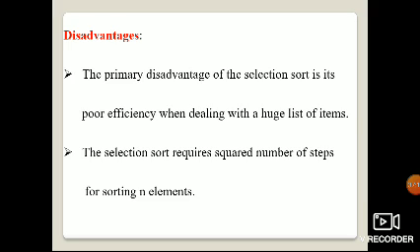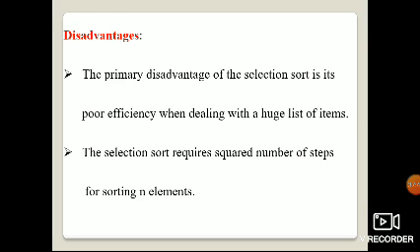So these are the advantages and disadvantages. And what is an algorithm, how the passes have to be taken, what is the program, what are the advantages and disadvantages, what are the applications of the sorting method, and what are the time complexity and the space complexity of selection sort. The time complexity is big O of n square, even in all three cases: best case, worst case and average case. The execution will take the same time.